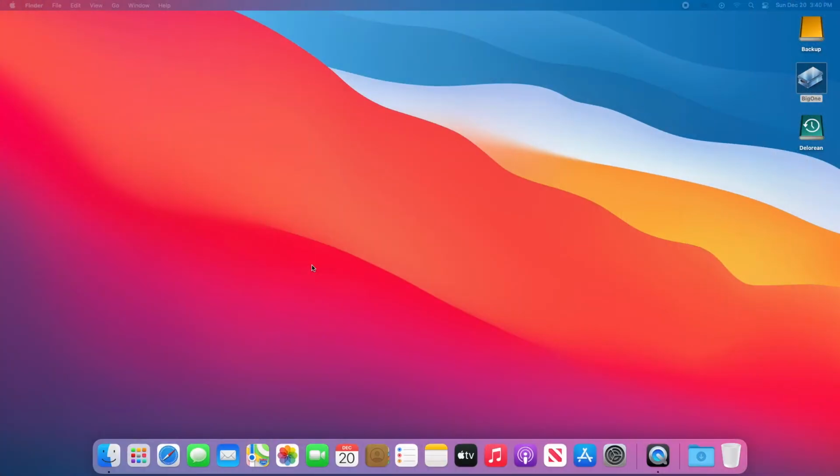In this video, we are going to look at the 5 tips to make Spotlight in macOS the most useful